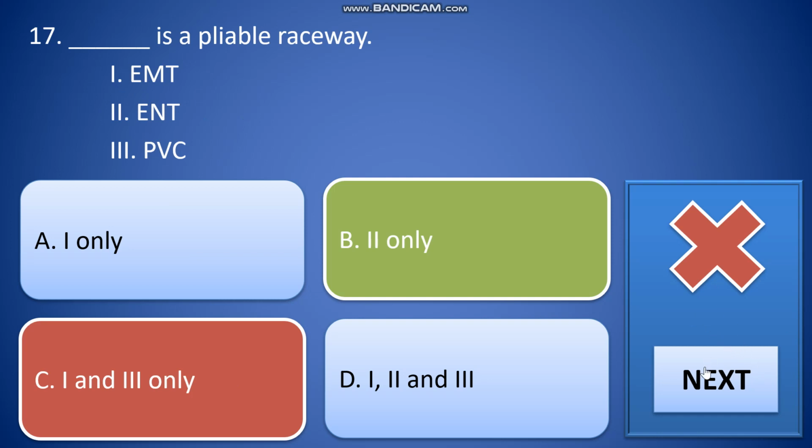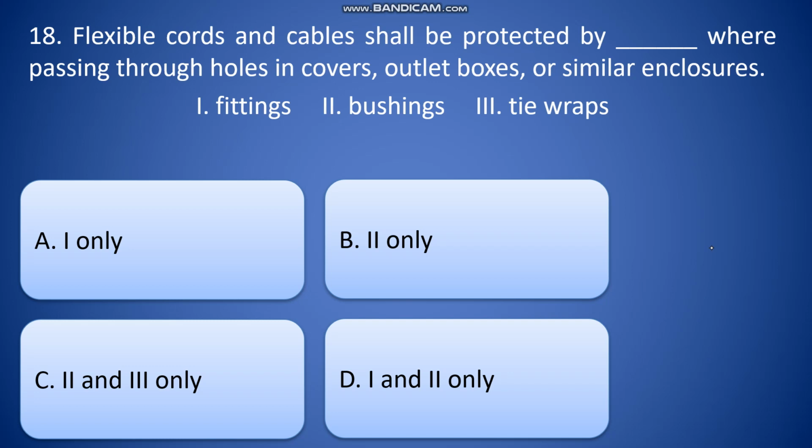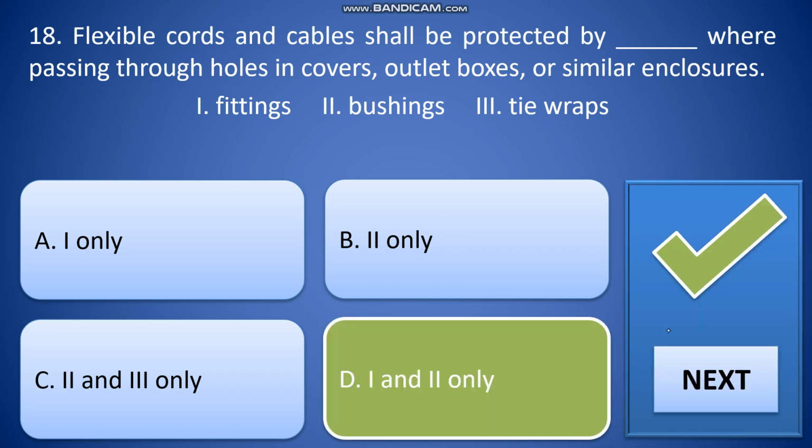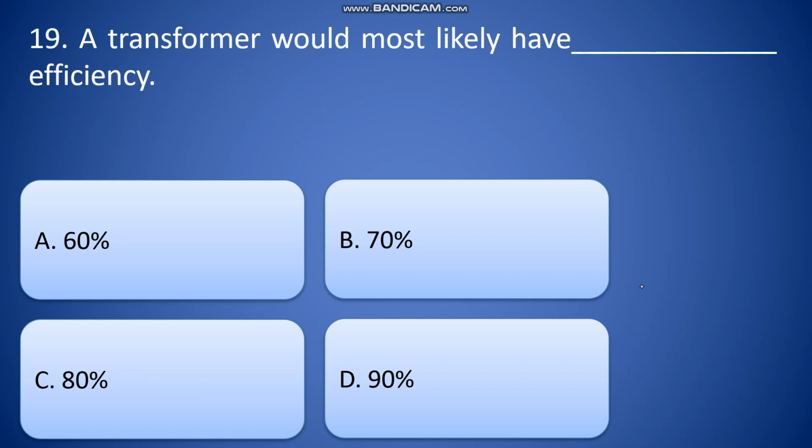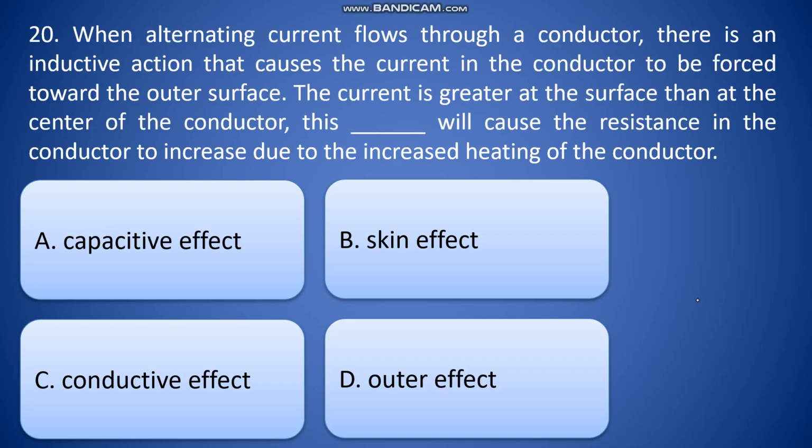Is a pliable raceway. Flexible cords and cables shall be protected by blank where passing through holes in covers, outlet boxes, or similar enclosures. 1 and 3. There's no 1 and 3. 1 and 2. I guess D. 1 and 2. A transformer would most likely have 90% efficiency. When alternating current